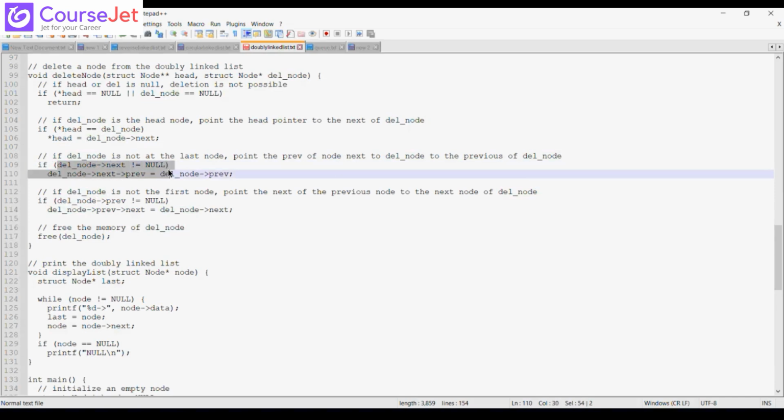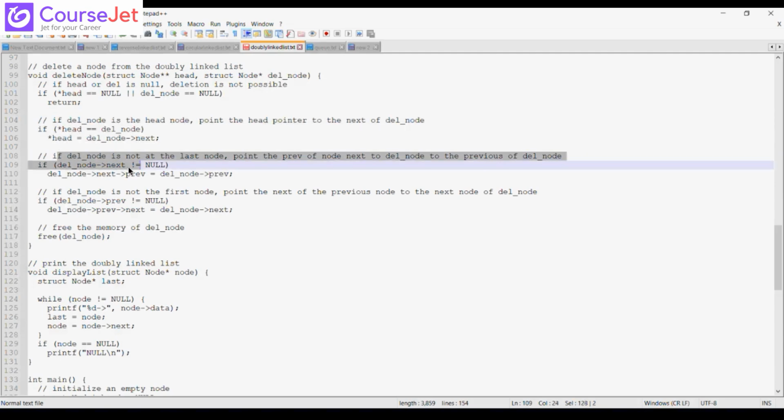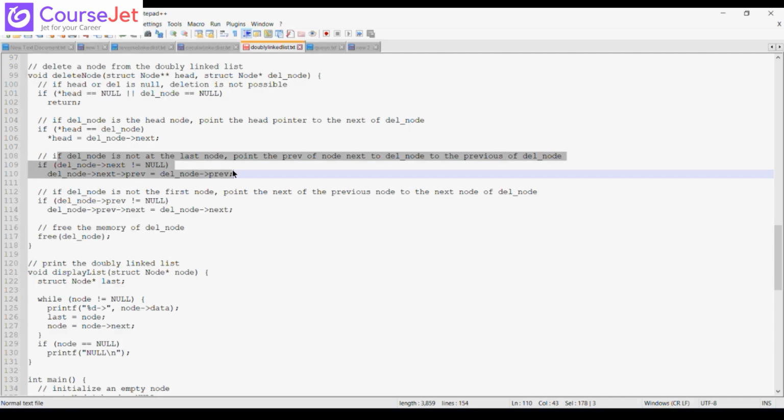Now, if the delete node's next is not equal to null, that means whatever node we want to delete, if its next is not null, which means it is not the last node. This was for the head node, and this is for the last node. For the last node, next is null. So if it is not null,